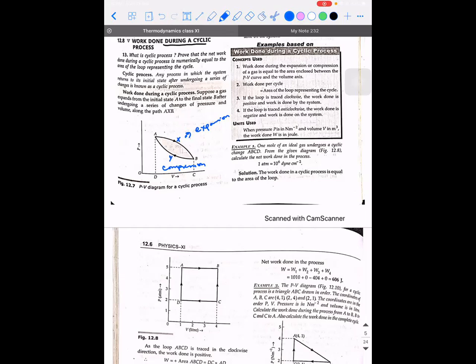Yes, sir. So this kind of a process where the system is able to come back to its original state is what is called a cyclic process. So any process in which the system returns to its initial state after undergoing a series of changes is called a cyclic process. You can ask me, does the series of changes have to be only with respect to volume? Need not be. There are different kinds of processes that we will discuss later. Are you clear with what is a cyclic and a non-cyclic process? Yes, sir. Clear, sir. Okay.